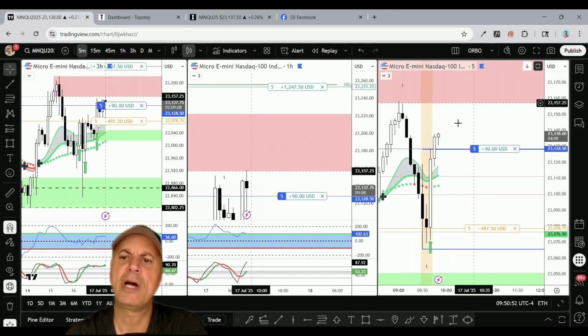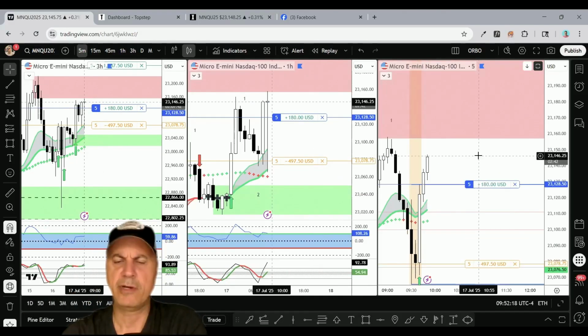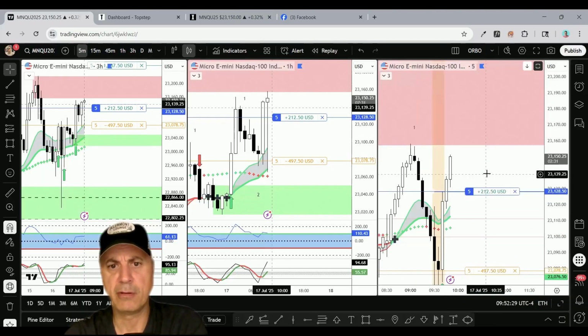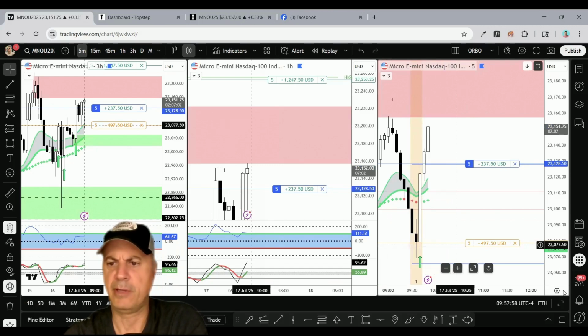23,157, 25 ADR right there. That's what we want to see. Very nice. This is a very strong breakout to the upside here, guys. And I really want to maximize all 5 of those contracts as much as we can. Let's open up the